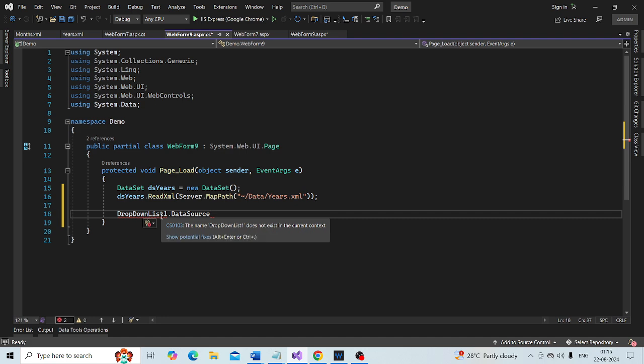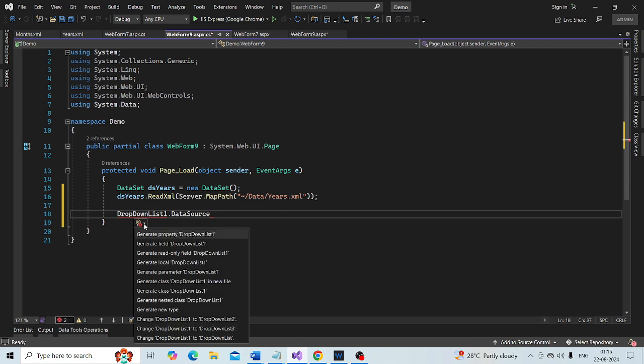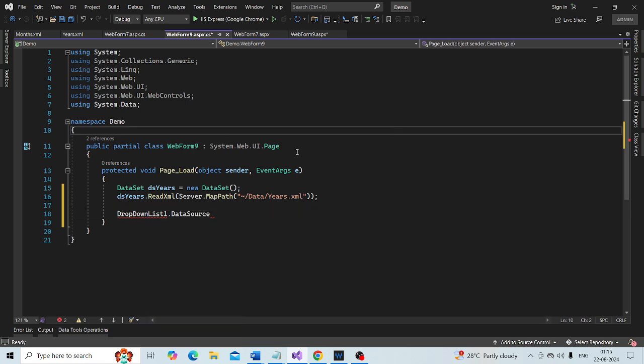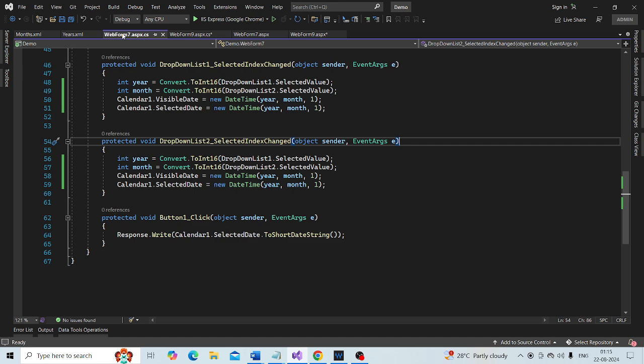It is showing me that DropDownList1 does not exist in the current context. Why is it not here? Because we are using it here.